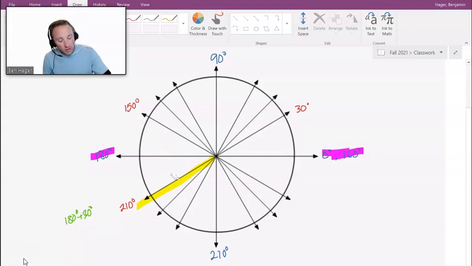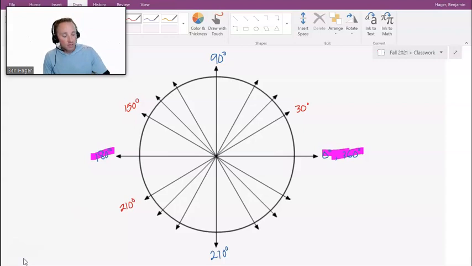Now this can feel weird at first, but I assure you this is the best way to learn how to navigate the unit circle. You don't want to rely on patterns or tricks. You want to know how to identify the anchor point and either add or subtract your reference angle to it. And in that way, we can quickly generate this entire wheel, both in degrees and eventually in radians.